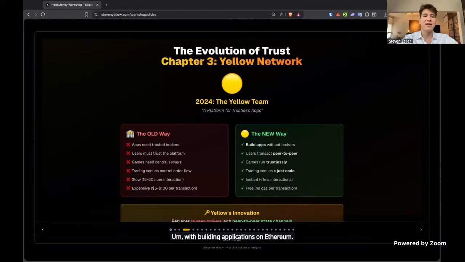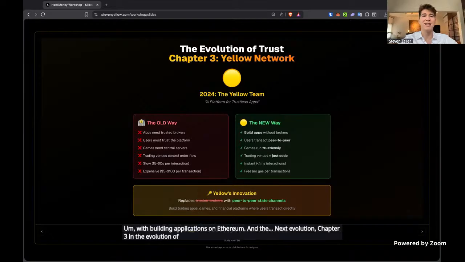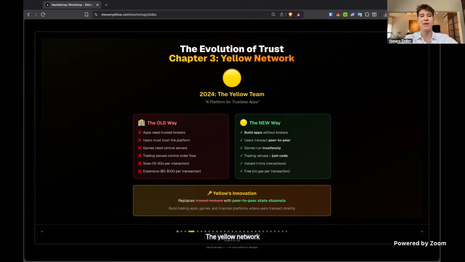The next evolution, chapter 3 in the evolution of trust, is the Yellow Network. What the Yellow Network does is replace brokers or trusted third parties with apps, with code.